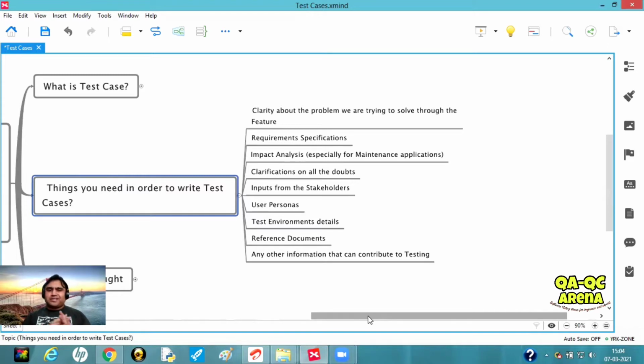First thing, let's say you are testing a brand new application. Again, it could be web, desktop, mobile, or even for that matter API. That's one part of it, but it's brand new. And another application is, let's say it is up and running for 4 or 5 years or maybe a decade or even more than that. So it's a kind of maintenance application. We are just adding more and more functionality and testing some of those functionality or features.